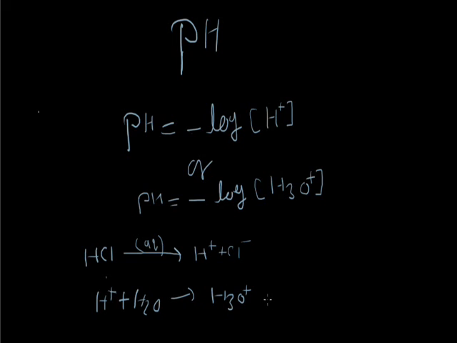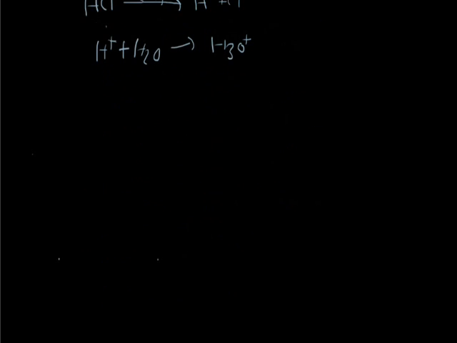And we can also say that acidic nature is not due to the presence of H plus ion, but due to the presence of hydronium ion. So in numericals, if examiners give you the concentration of H plus ion or the concentration of hydronium ion, it is the same thing. Okay? Then we apply the formula: pH is equal to the negative logarithm of the concentration of H plus ion, or of hydronium ion. So before attempting questions, you must know about logarithms.